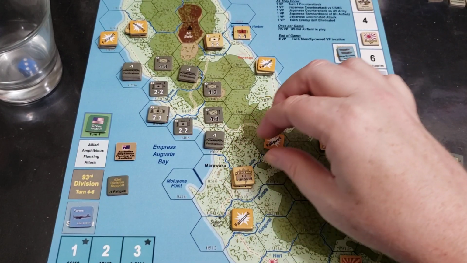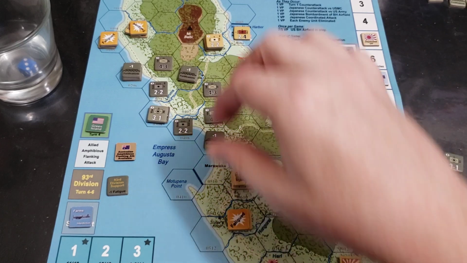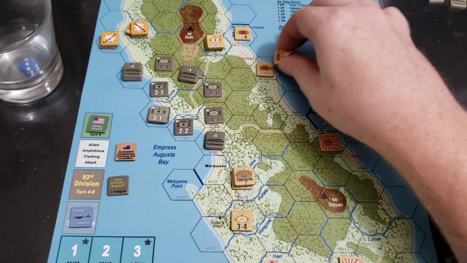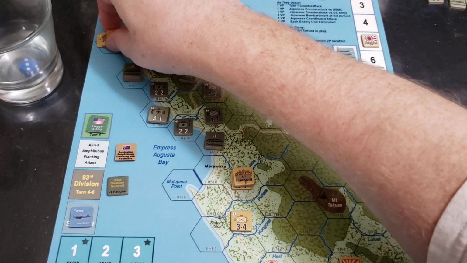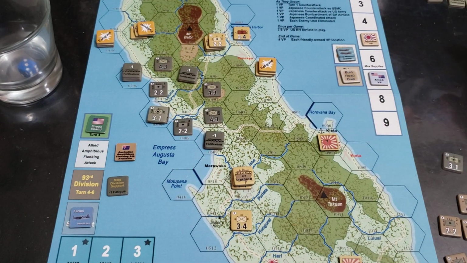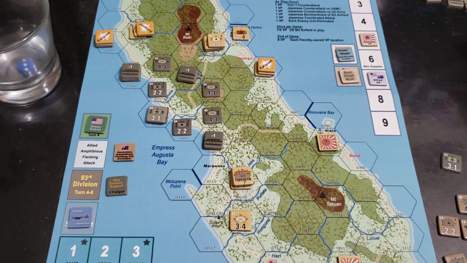Let's get rid of that guy's fatigue. Let's get rid of that guy's fatigue. That's a sniffle at half strength. And those guys are at half strength as well. Do I want to burn? No, let's not burn my last supply point. Trying to recover them. All right,